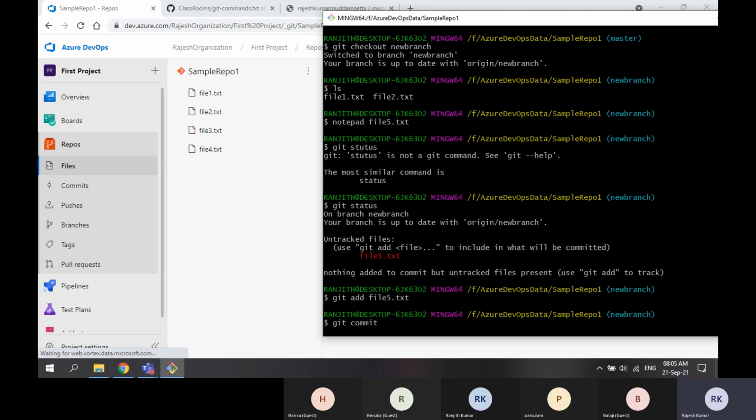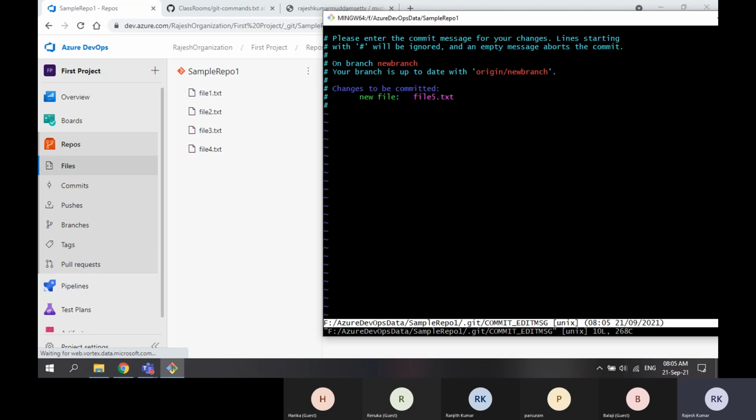So we have seen the VI editor, right? Here in the commit command, I'm directing a message. If I forgot to pass that message and I directly entered git commit and pressed enter on the keyboard, it will go to the VI editor only. The purpose of VI editor was, if you wanted to pass on any message or enter any message with the command, there you can enter it into this VI editor.